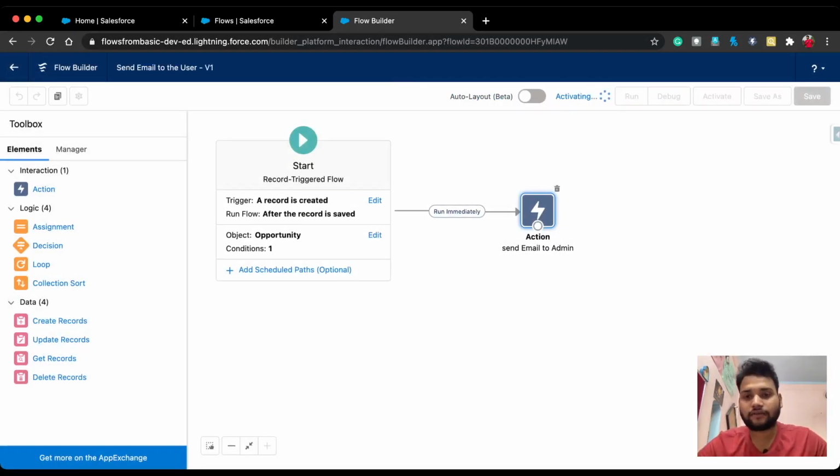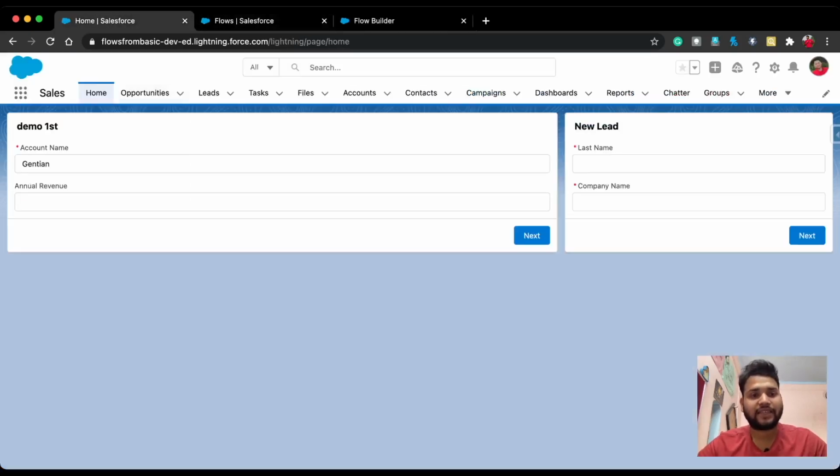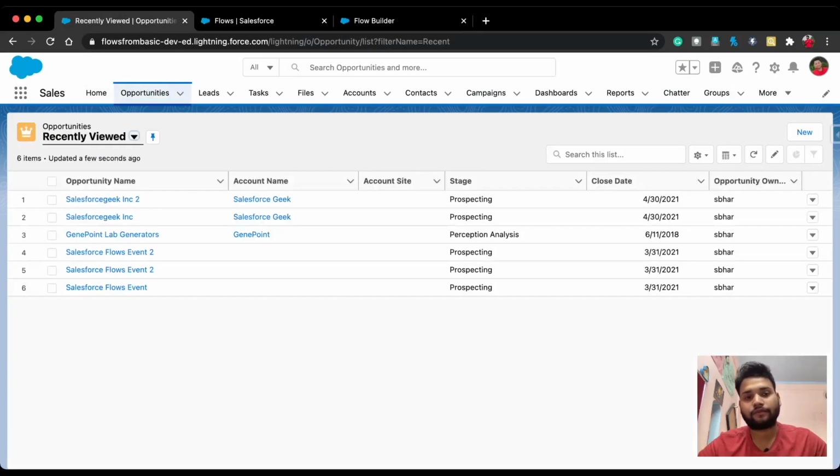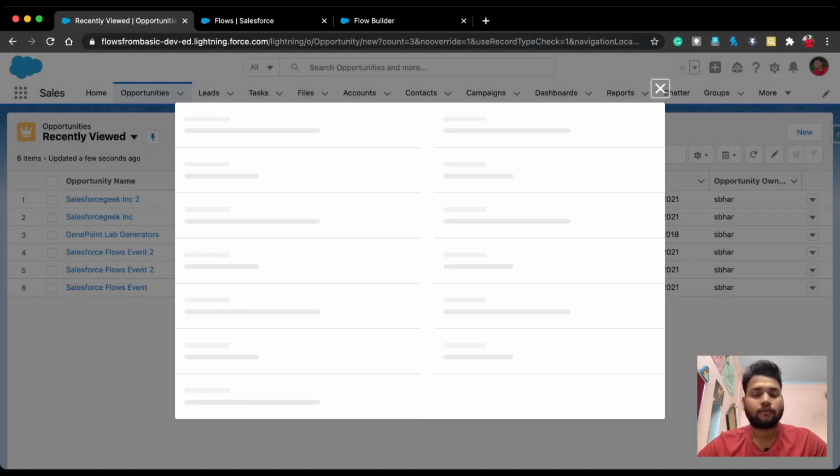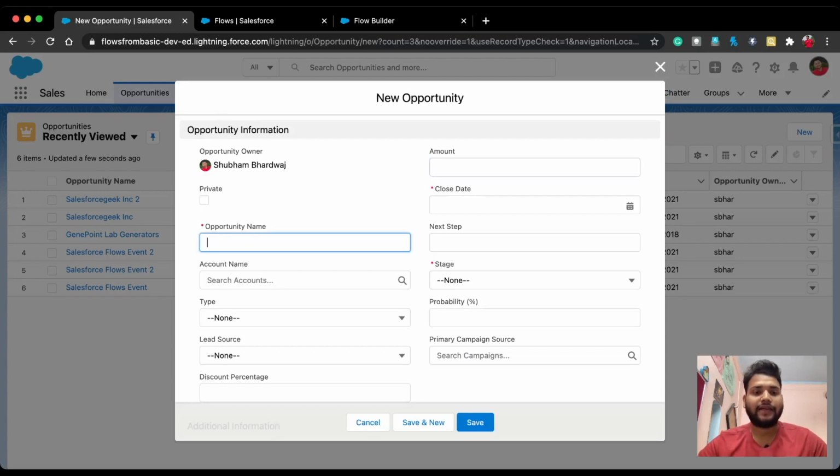Let's activate it, move to the home screen, and create an opportunity. Click on new, and let's say the opportunity is Salesforce Geek Private Limited.